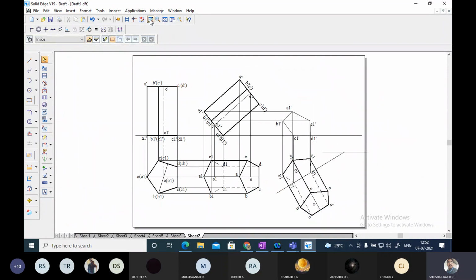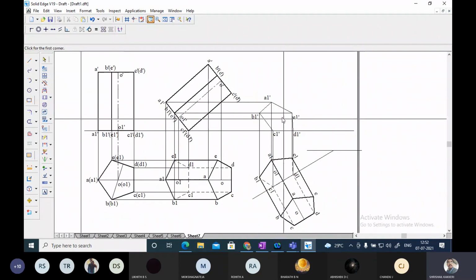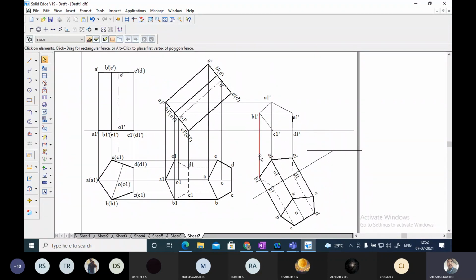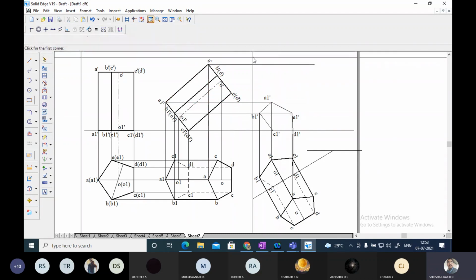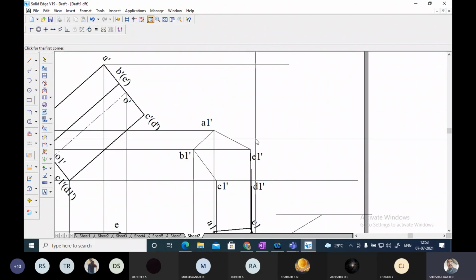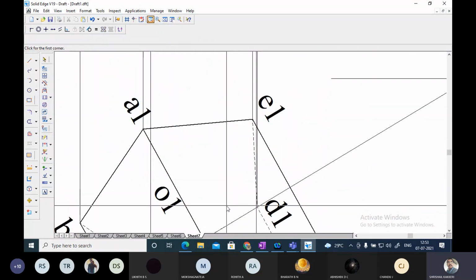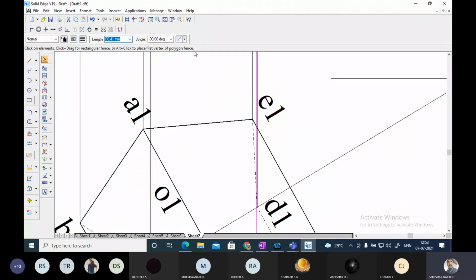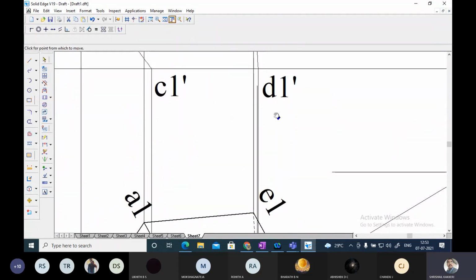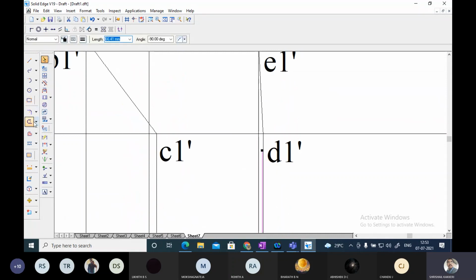Now, I told you very simple method. Once again, you take the reference of A, that means I'll take one line from A. Okay, I have taken a line from A. And take a line from A from here. Now you just project it, this line, it is somewhere here. This is the line, you can see here, this particular line, this line has to be extended.